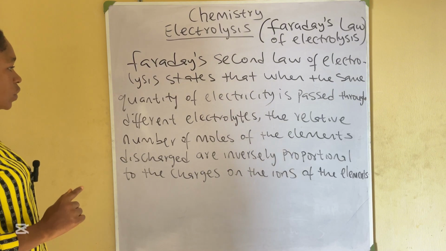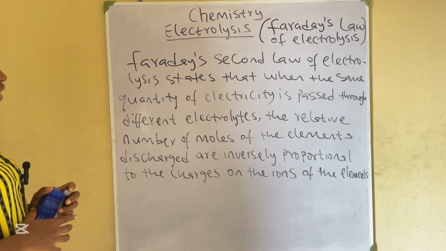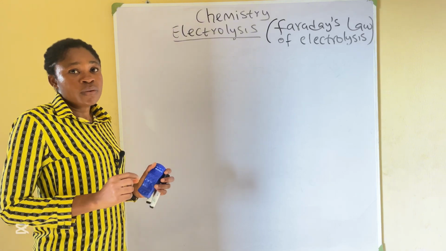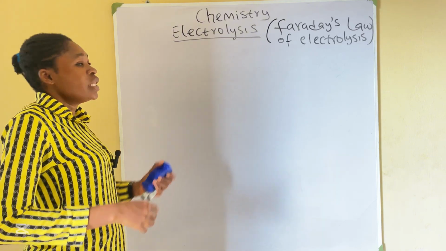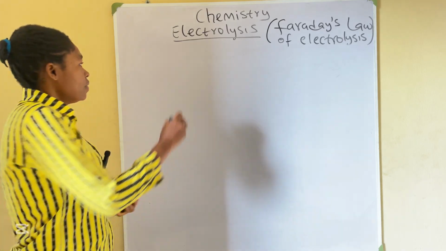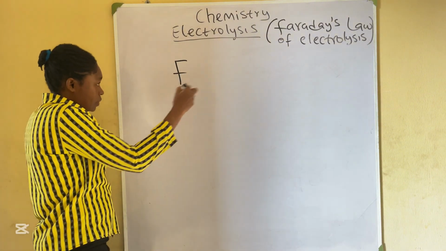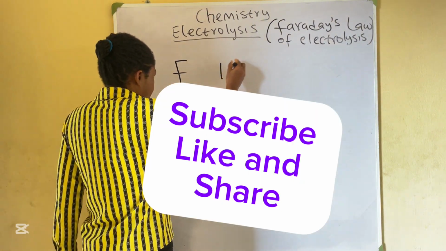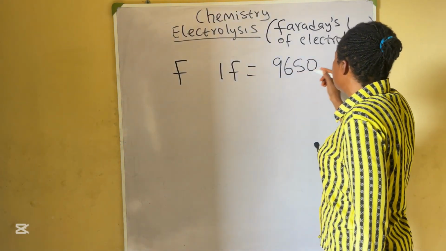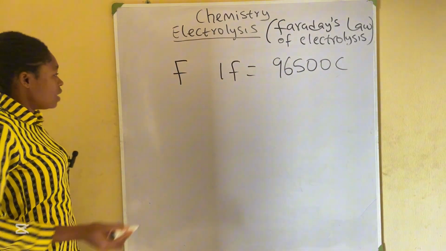The relative number of moles of the element discharged are inversely proportional to the charges on the element. The quantity of electricity involved when 1 mole of electron is transferred is known as Faraday. So use capital F to designate it. 1 Faraday is approximately 96500 coulomb. So by mole concept, 1 mole